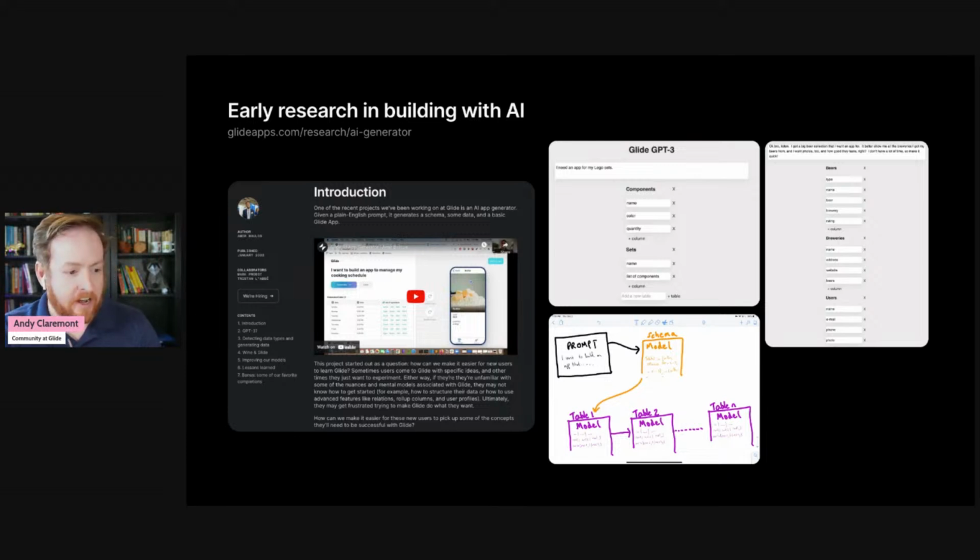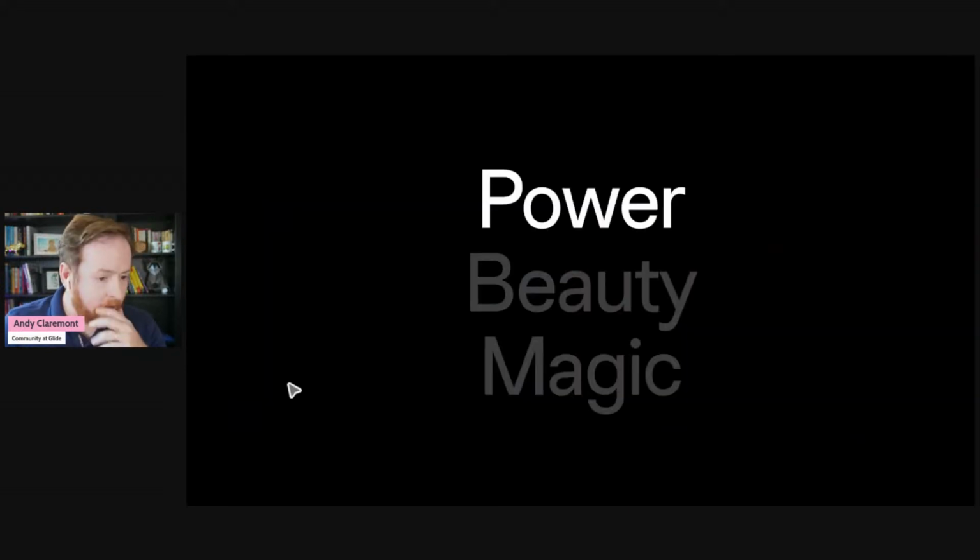Our thinking at the time was that if you could tell us what you wanted to build, we could use generative AI to create apps for you. This year, we turned our focus to power. How could you use AI to build more powerful apps in Glide?